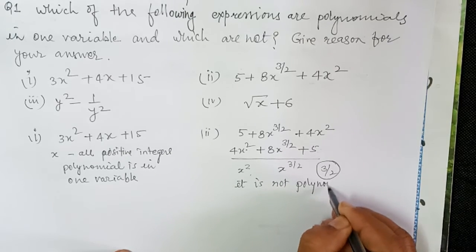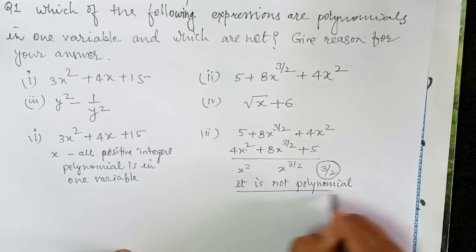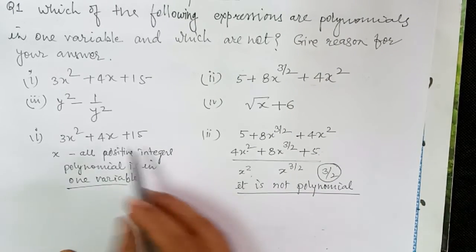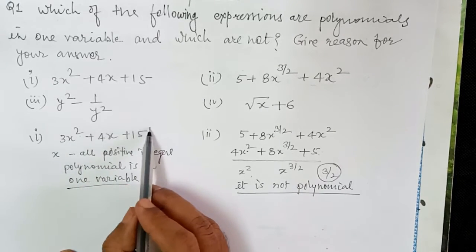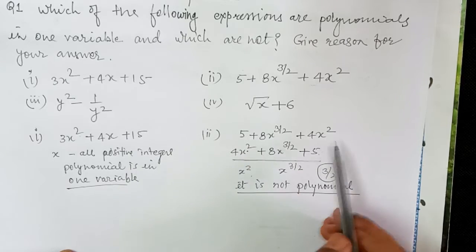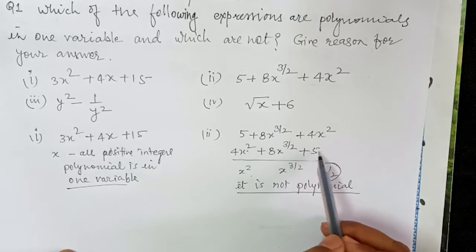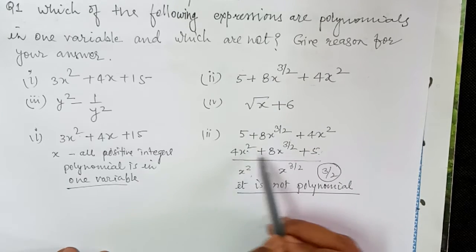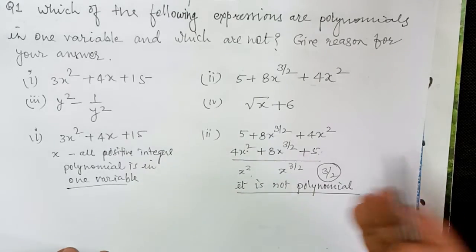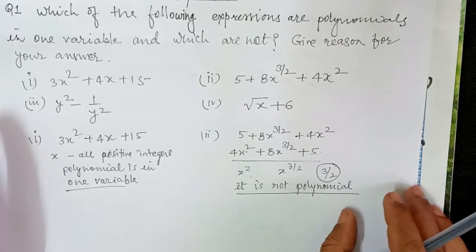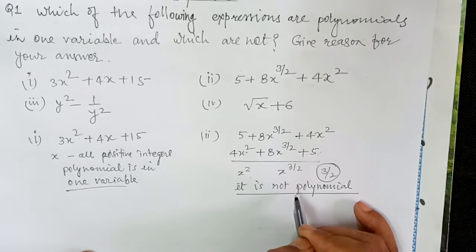So it is clear from this कि पॉलिनोमियल में हमको क्या चाहिए. पॉलिनोमियल में हमारी पावर्स जो होंगी वो डिसेंडिंग आर्डर में आ रही 2 1 0. यहाँ पे देखें हम, यहाँ पे हाईएस्ट पावर 2 और 1 by 2 है, 1.5. Here x to the power 0. So it will be 2 1 0 or it will be 2 3 4 5 like that. So we can say it will be exact polynomial, in one variable. Okay.